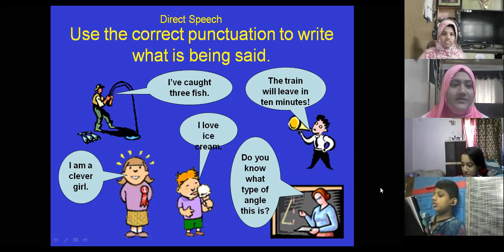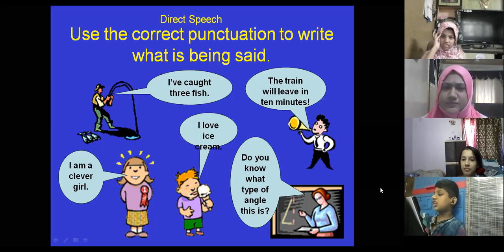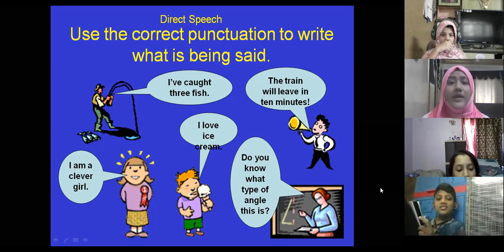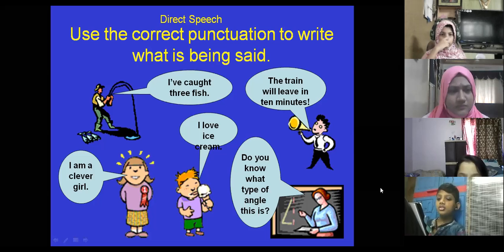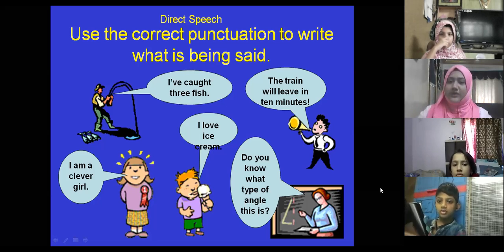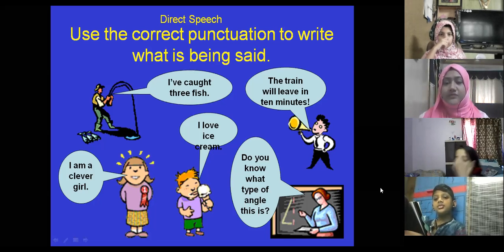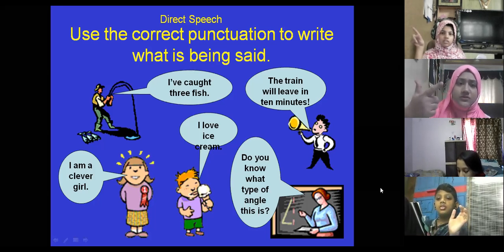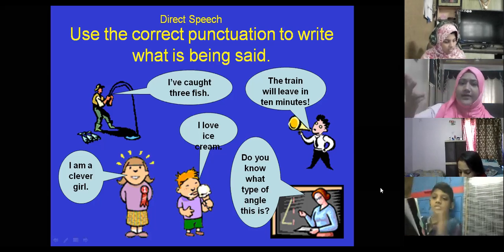Yes, Ahmad wrote: the train will leave in 10 minutes, screamed the station master. Very good. I like the verbs you are using. Ahmad wants to speak. I wrote the train will leave in 10 minutes, the train master shouted to no one in particular. Very good, he has written the second half perfectly. What I wrote is: the train will leave in 10 minutes, exclaimed the station master. Okay, because there was an exclamation mark. All right. Shouted, announced, exclaimed, and said is also right.